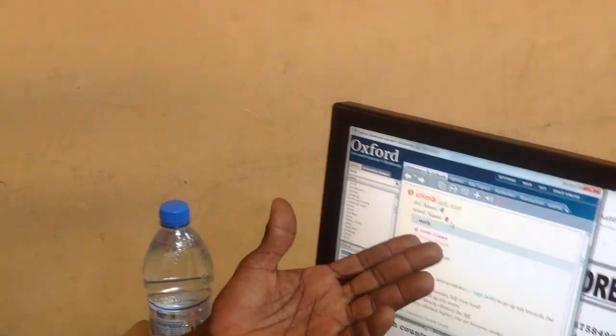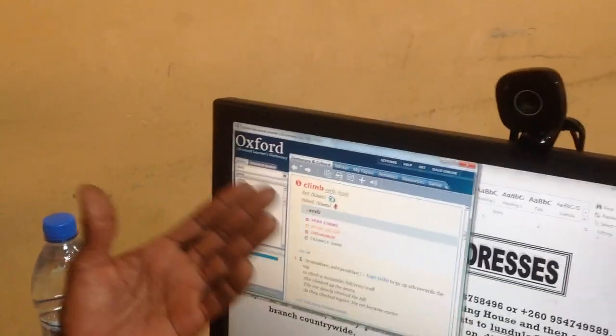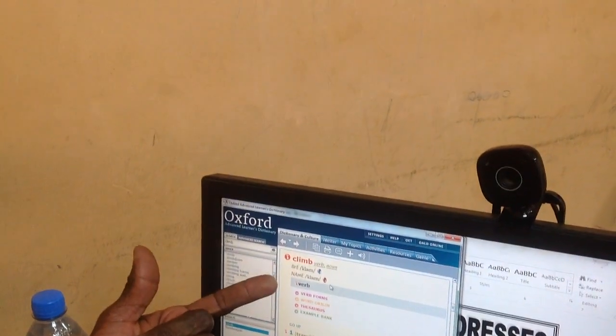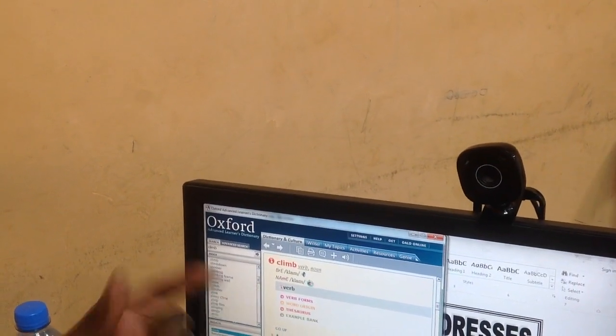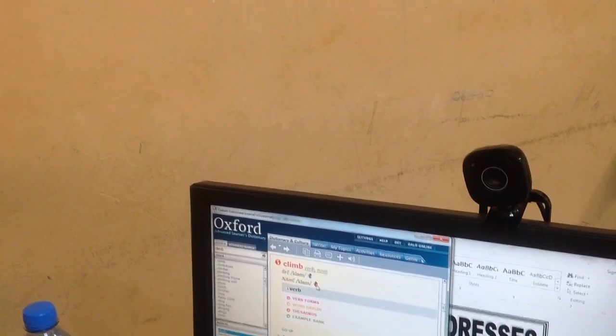We have comb. You see, when we go up a tree, what are we doing? Are we climbing or climbing? Of course it's climbing. And how do we know that? Here we go. We are told by these great authorities: Oxford Advanced Learner's Dictionary, America. Climb, you hear the B silent. Even the bomb is a bomb. You see, so many silent letters.